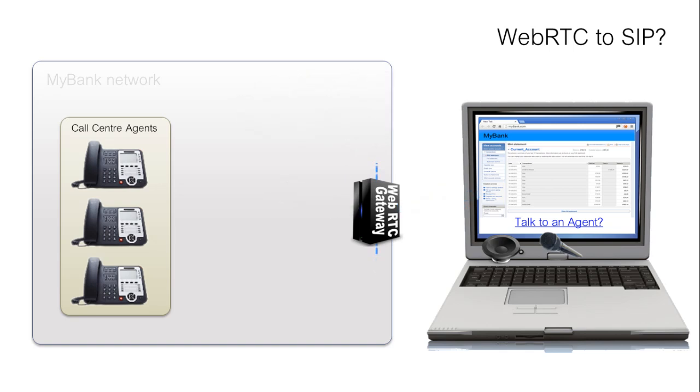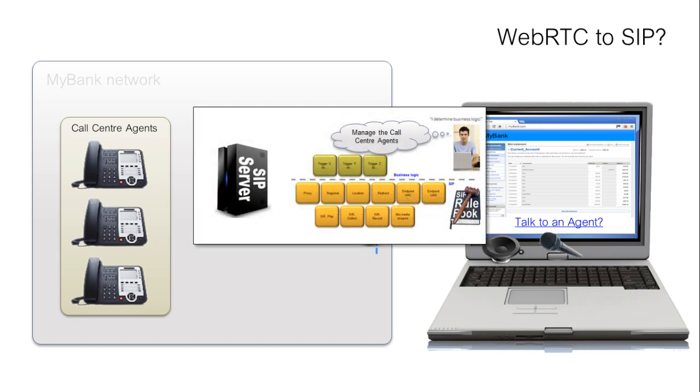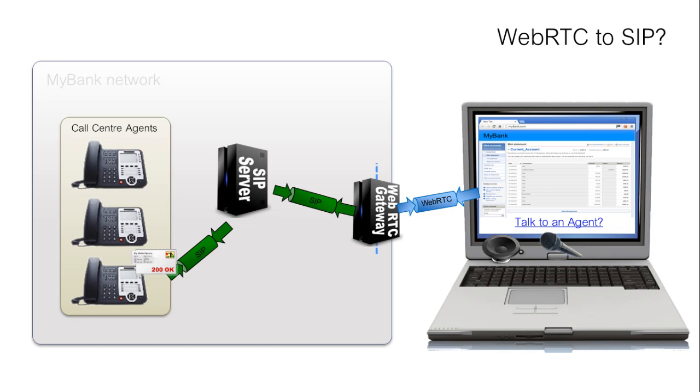So imagine I want to ask a question about my bank balance. So I click to speak and immediately a WebRTC offer is created, pre-populated by the application with routing data that takes the offer to the gateway. In turn, the gateway creates an equivalent SIP invite and sends it not to a phone, but probably to another advanced SIP server, a call center application that manages and distributes calls between the agents. The normal SIP exchange ensues, the gateway acting as a SIP endpoint, translating the 200 OK to the equivalent WebRTC